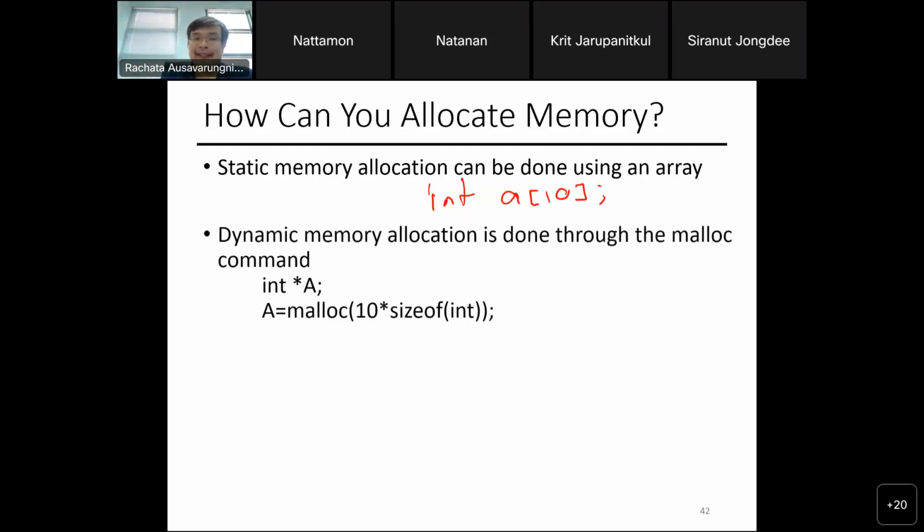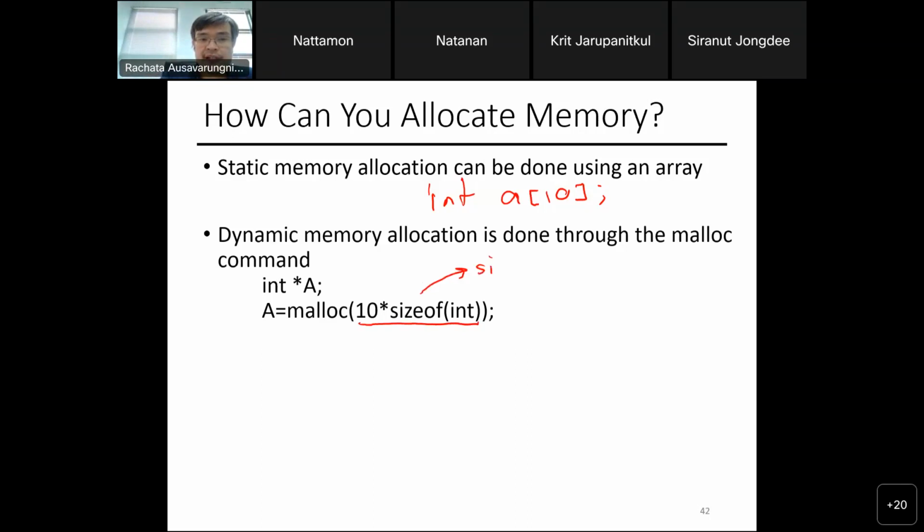Dynamic memory allocation works this way. You can use the function called malloc, right? And there actually has to be quite a bit of code to manage how malloc should handle allocation. But essentially how it works is, in this case, you can put in the size as an argument.